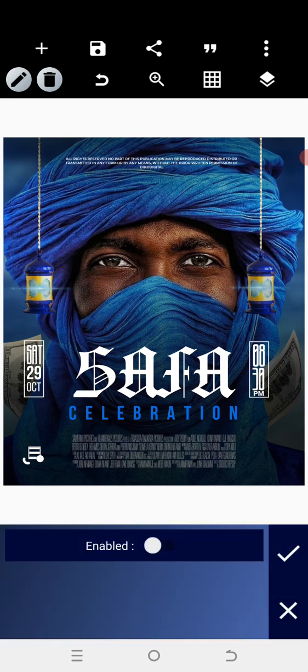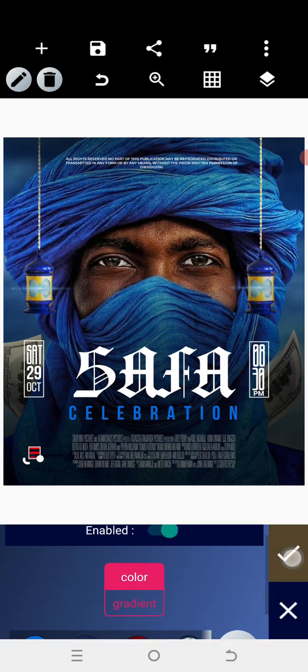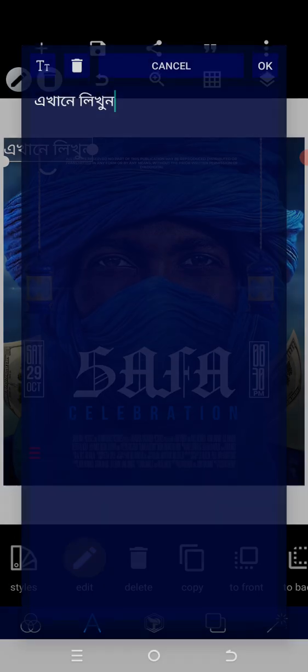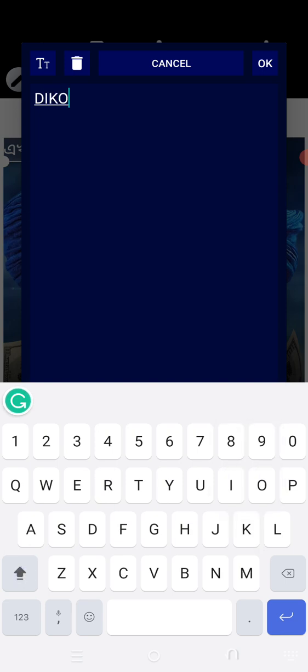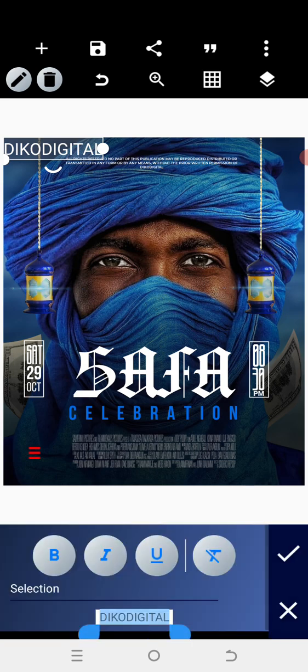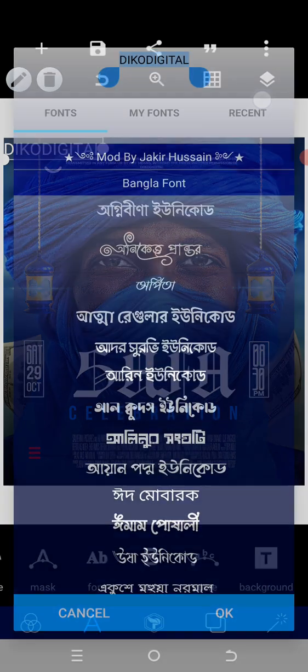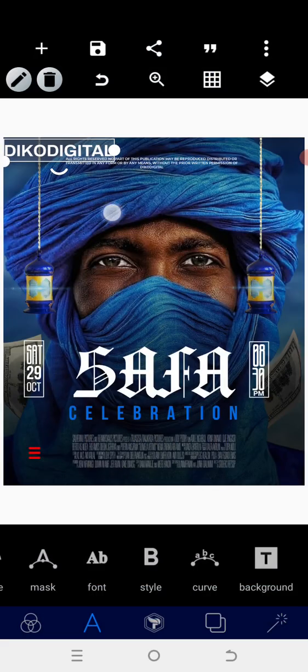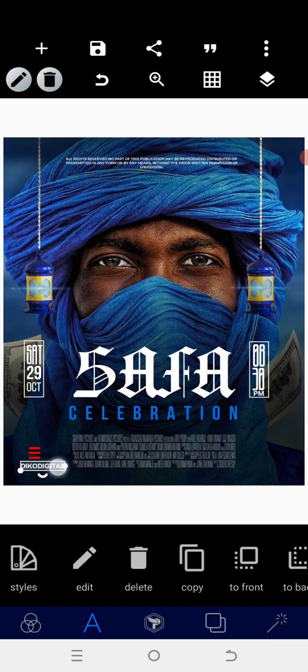So we go to the color, change the color to red. So we have our text option. So let's say we have Deco Digital. So we go into the text area. We use the font called Archivo. Okay, Archivo Bold. So we come here, then we have this reduced very well and position it around here. So positioning that around here could be perfect. Okay,